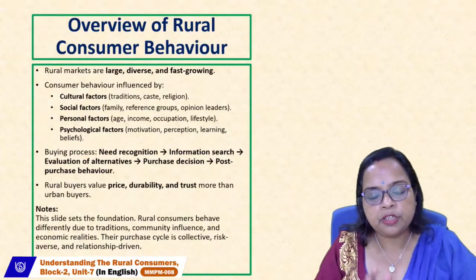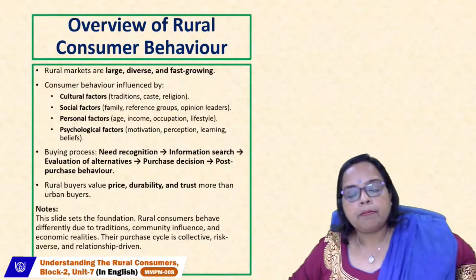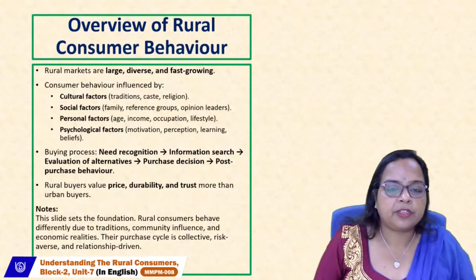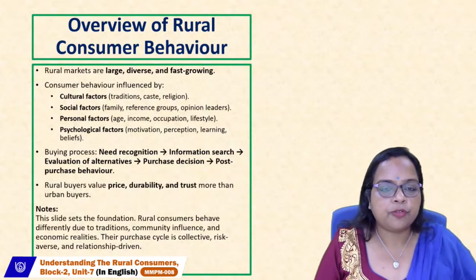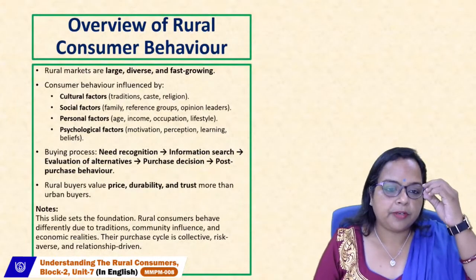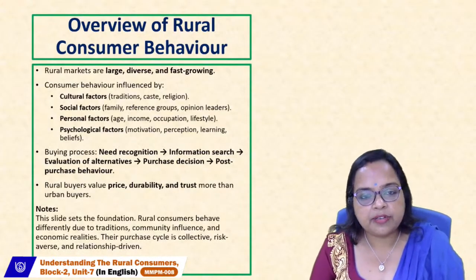With this, we are coming towards the end of Unit 7 or Block 2. But let's revise what we have understood in all these units. So the first unit is about the overview of rural consumer behavior, where we understood rural market is a large, diverse and